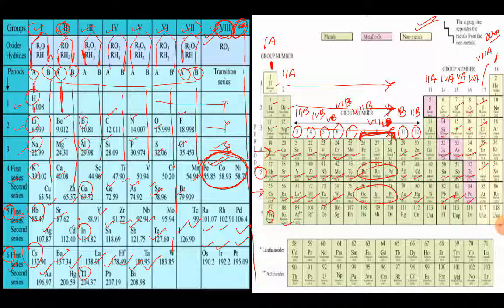So this is the reason why Mendeleev is the major contributor in the development of the periodic table. The only limitation of Mendeleev was that he focused on atomic mass. He thought that atomic mass is the fundamental property of an element. If he would have thought that it is the atomic number, then this would have been the last table that we are using at present, right? So this is the reason, and Mendeleev's contribution is very immense in the field of chemistry.